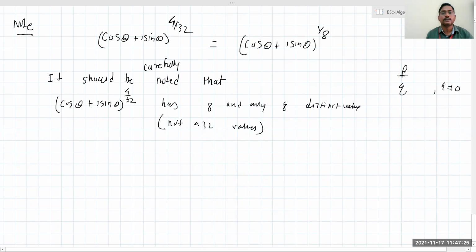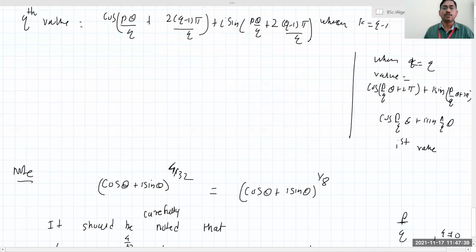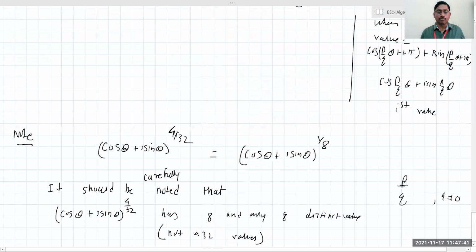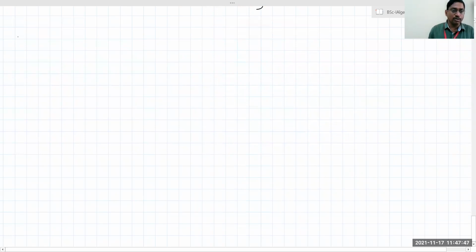Okay, so this will be a note. So be careful about this. When I write p upon q, p and q should not have a common factor. So whatever values we have written in the above expression, with p upon q, each value is in geometric progression. So what do you mean by geometric progression? Anybody tell me the meaning of geometric progression? Till then I write the statement of this result.